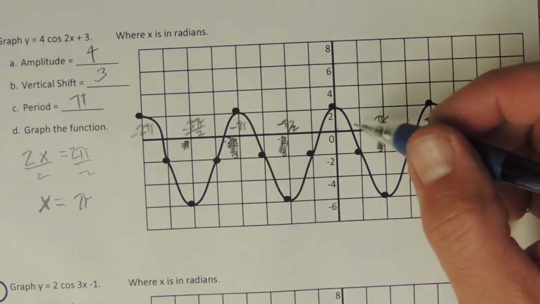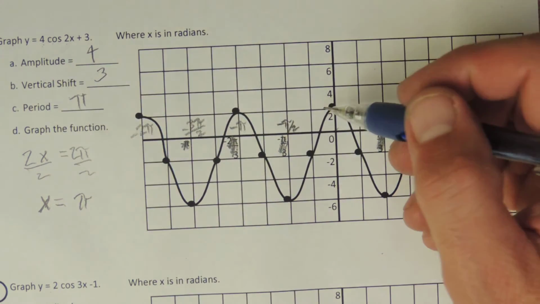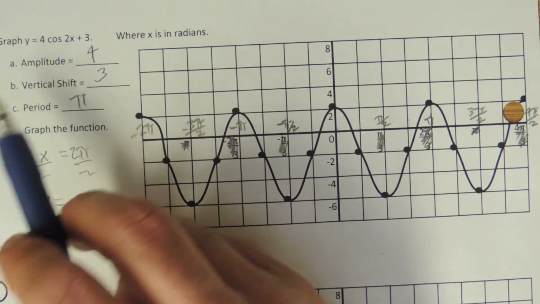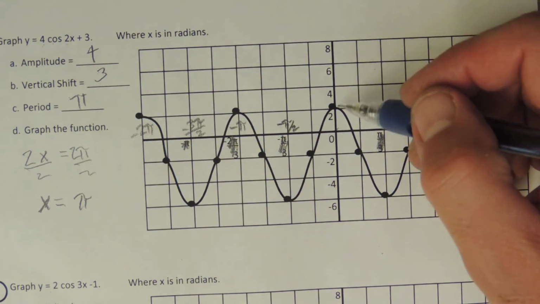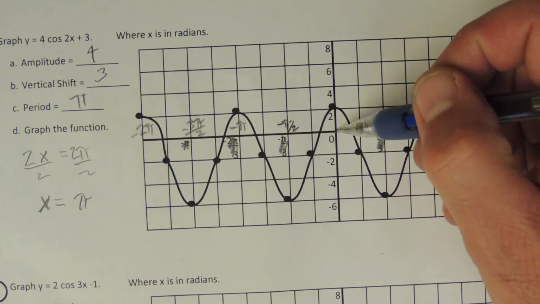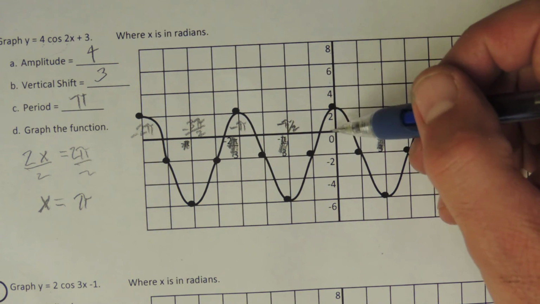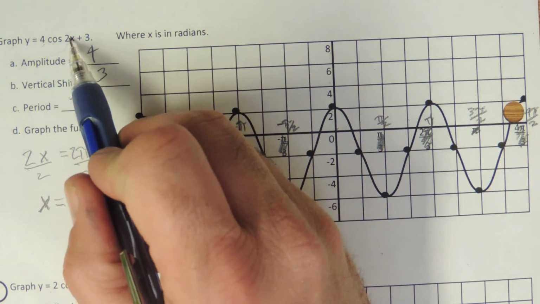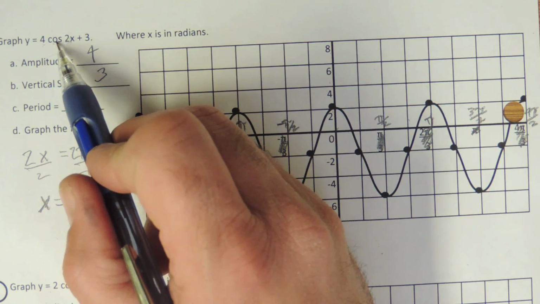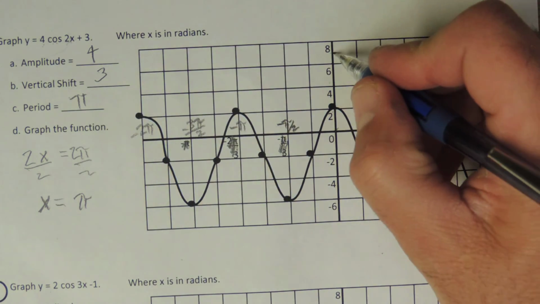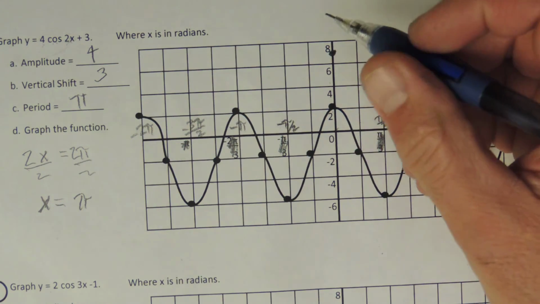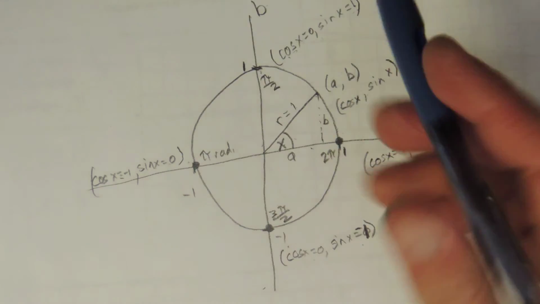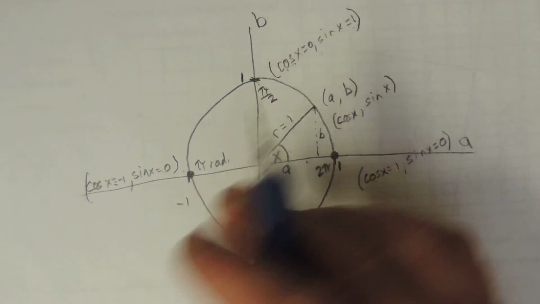So my vertical shift, start off with I'm doing cosine. So cosine would start at 1. I'll multiply 1 times 4, I get 4. I add 3. That's going to take me up to 7. So I'm going to leave this at 8, 2, 4, 6, 8, going by 2's. So I start at x is 0, cosine is 1, 1 times 4 is 4, add 3, I start at 7. If I go through a quarter cycle, cosine is back up to 0, then it goes to negative